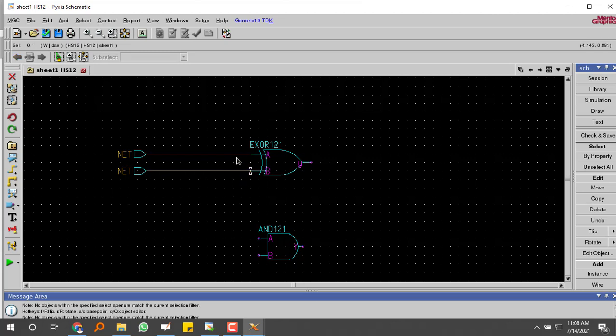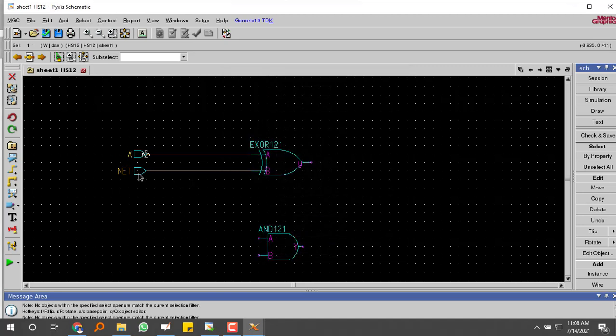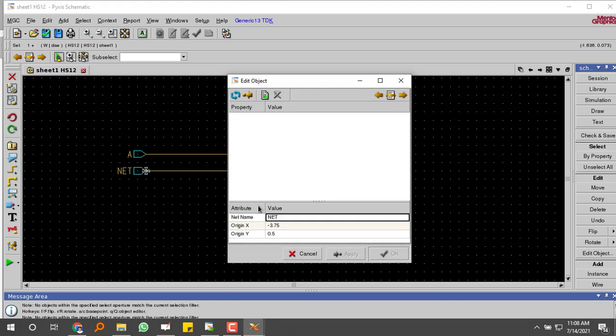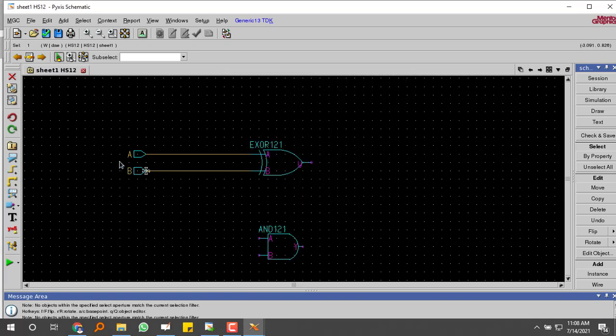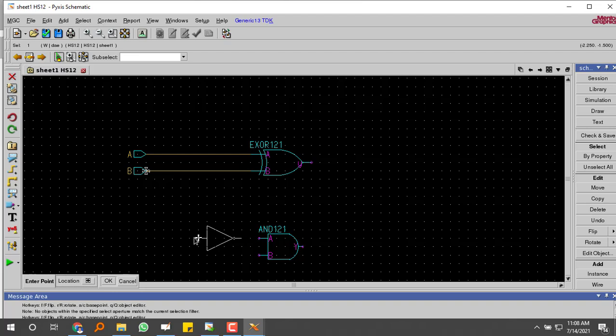Now, as I already told you, input A is connected to AND gate. So, this is the connection.